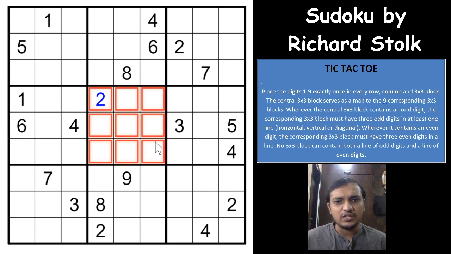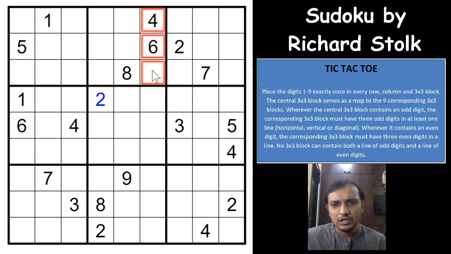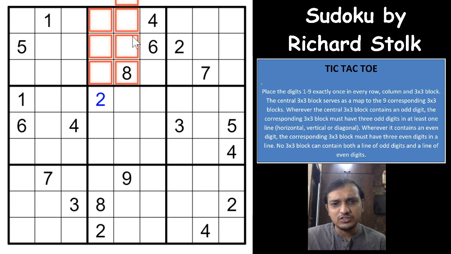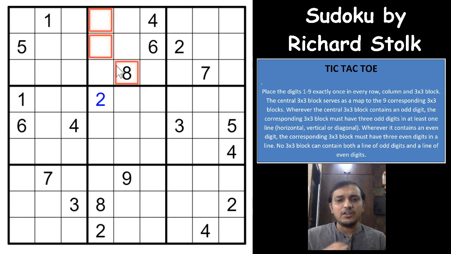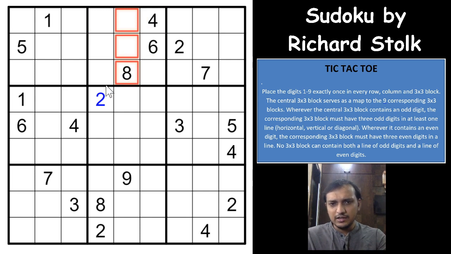And the other way to see it is that none of the boxes will have even digits in a straight line ever, horizontal or vertical. None of the boxes. So if you have that case, for example, you can never have a 2 here, because you will have 3 even digits in a straight line, and again you will form 3 odd digits in a straight line somewhere here. So that is never ever possible. So you can directly say that you will never form 3 even digits in a straight line in a box, particularly in a box. So you can form 3 even digits this way within 2 boxes, but within a single box in a straight line, horizontal or vertical, you can never have 3 even digits, right?